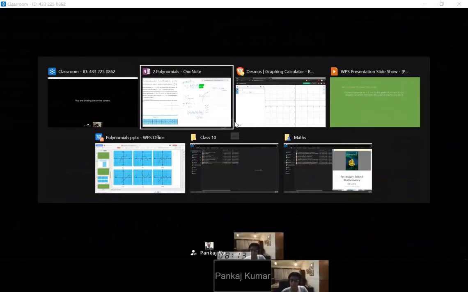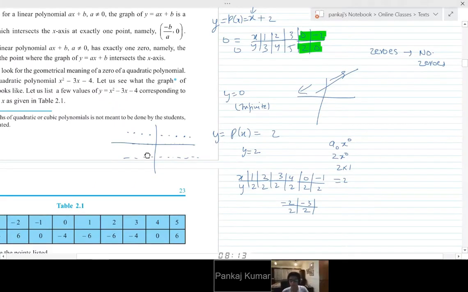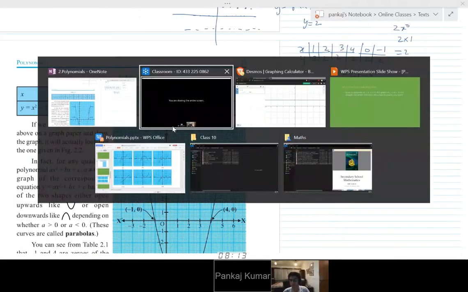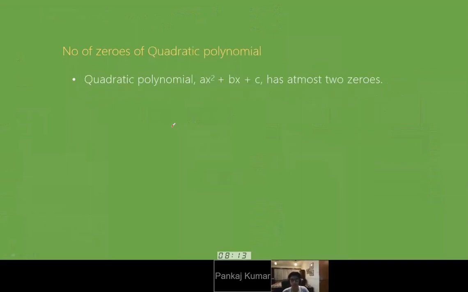Anyway, we'll continue. For infinite zeros, y would have to be zero, right? Yes, for infinite zeros, y needs to be 0. But that's like an exceptional case, so hopefully we'll not go into that. In fact, I will check and confirm what it is exactly. But y is equal to 0, I'm not sure.